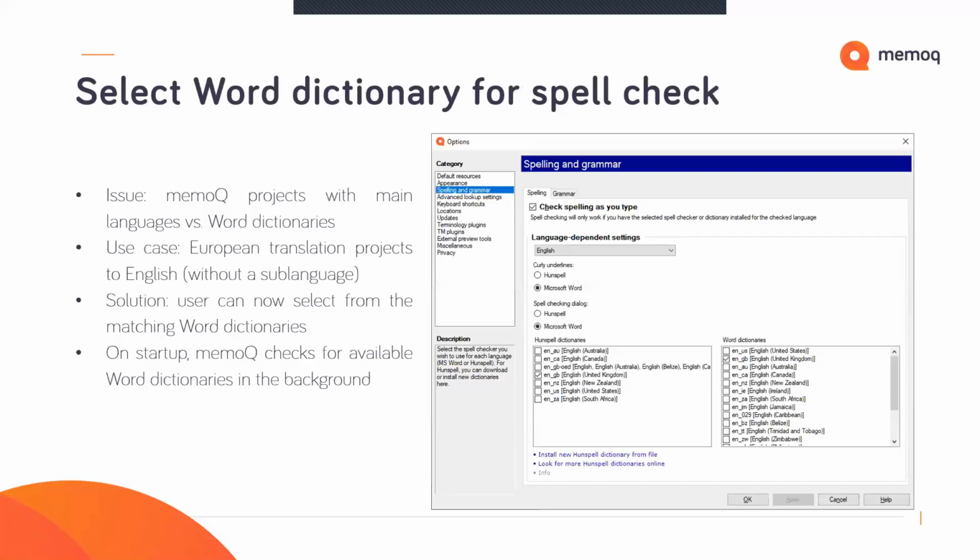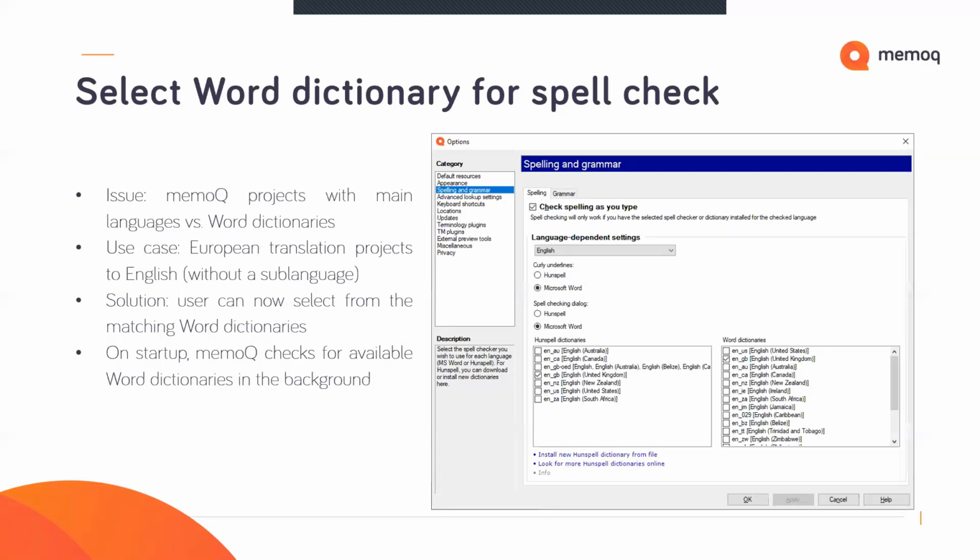Microsoft Word has dictionaries that use sublanguage identification. So you don't have, for instance, a generic English in Word. Therefore, up until now, if you used a project that had a main language only without any sublanguage, for instance, you were translating into English, you could only select Microsoft Word as your spell checker,